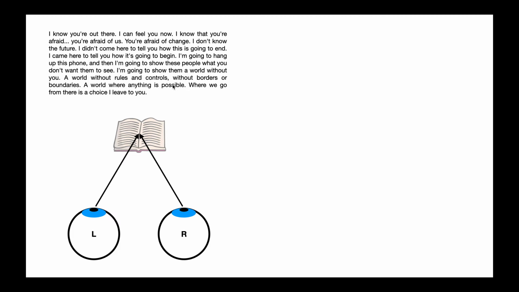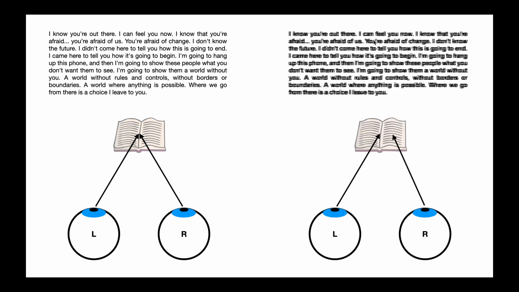But what happens when there's a mismatch between the gaze of the left eye and the gaze of the right eye? Well, you end up with a situation potentially like this. So if you look here, this is a little bit exaggerated, but just to prove the point. So here the left eye is focused on this point right here. But for whatever reason, the right eye is not able to focus on the exact same point. And so now there's a mismatch between the focus of each eye, and what you're looking at is no longer